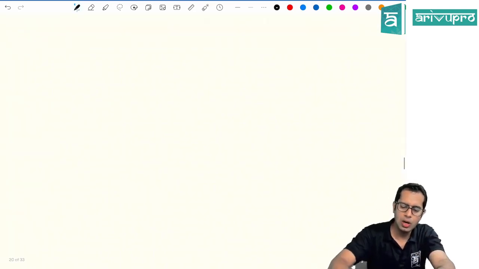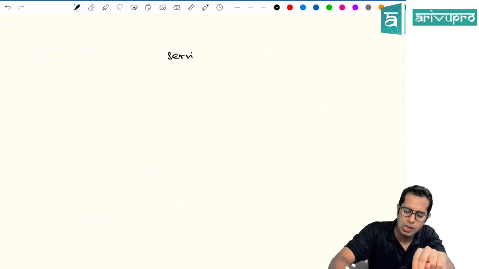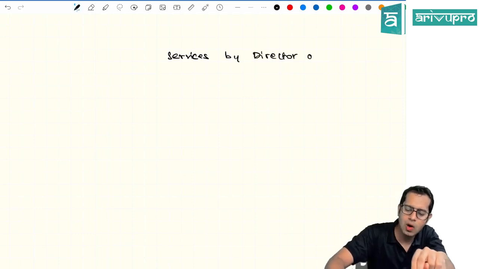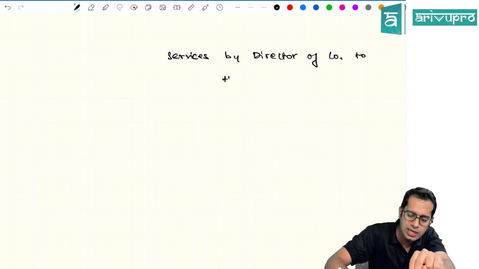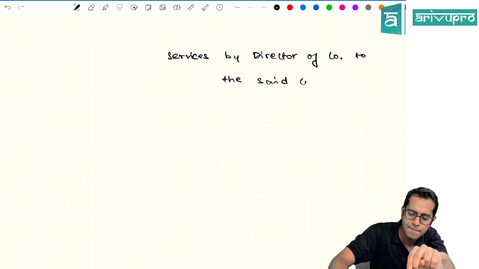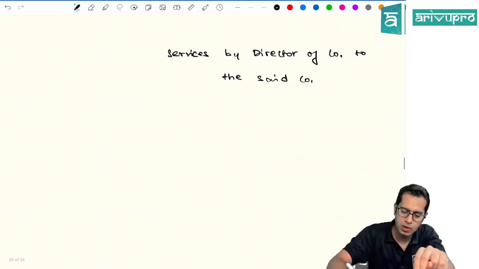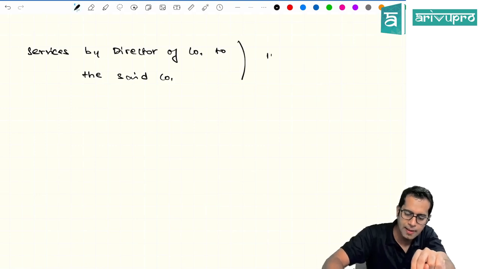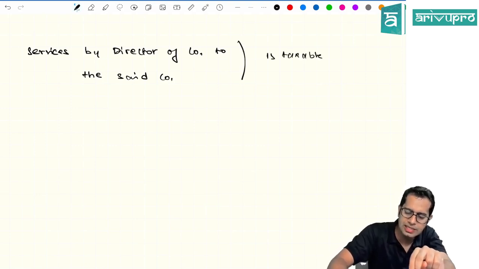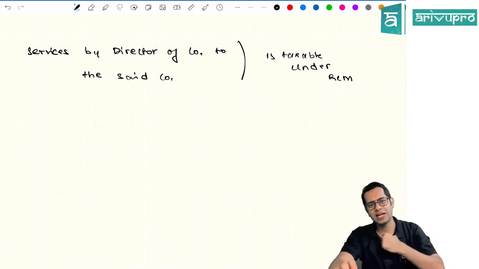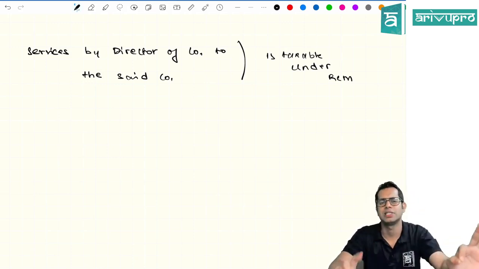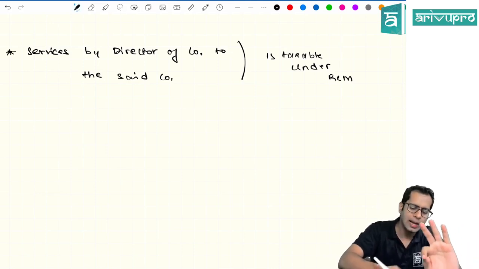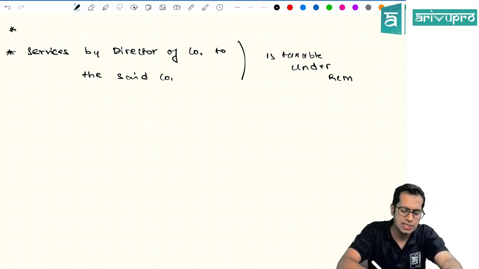Now, if you all remember, services given by a director of a company to the said company are taxable under reverse charge. What is this point telling, sir? So if the director of the company is giving services to a company, then those services will be taxable under reverse charge. And one more point we have studied under Schedule 3, which says services by